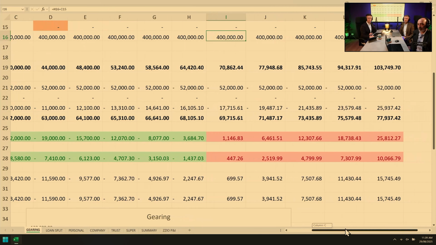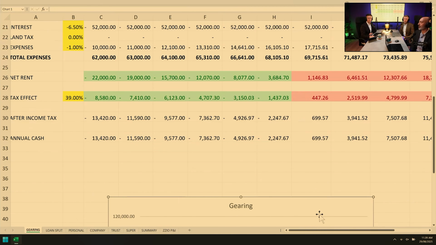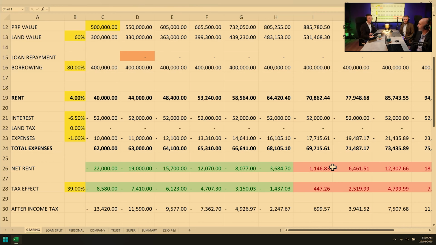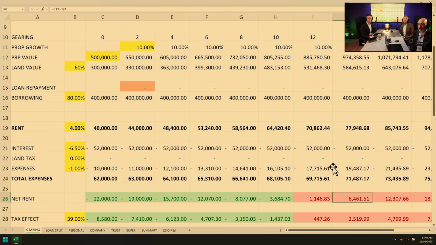Now, from a retirement perspective, this is what you want. You actually want a property to be returning income to you because you can't live off negative gearing. But I just thought it was interesting to see how it actually moved from negative geared to positive geared through years 10 to 12 on what we previously called a fairly low performing property.